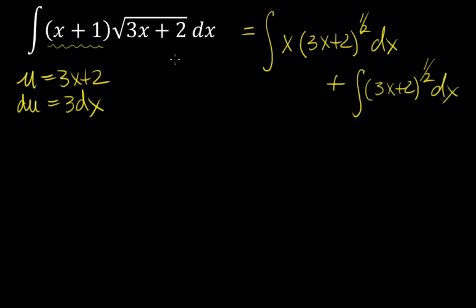So I'll integrate these separately. I'll split before I substituted in the u's. Again, this time I'll do it by solving for dx. dx, I have du over 3, or 1/3 du. I need to solve for x because I'm going to need it right here. I need x, and that will be 1/3